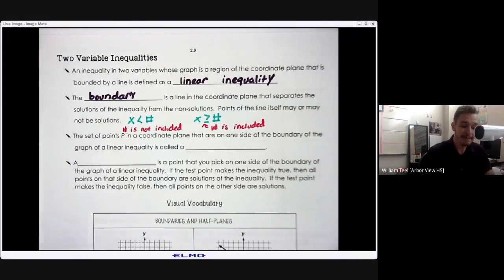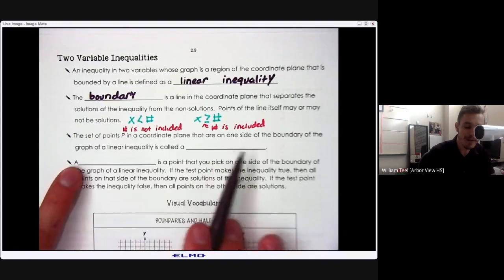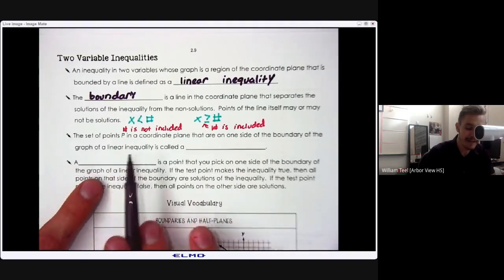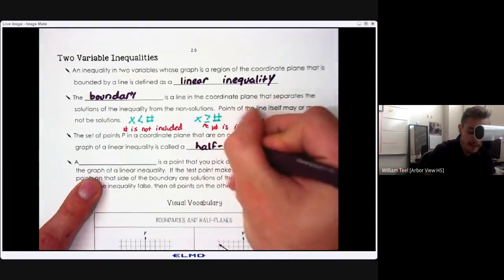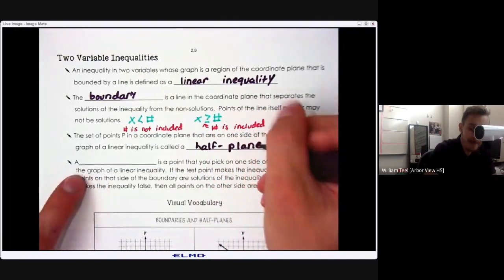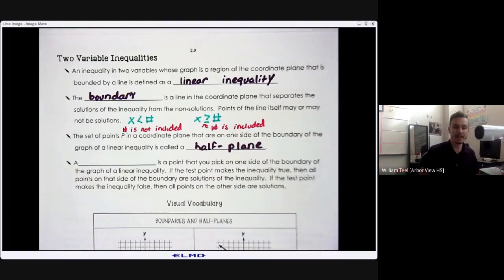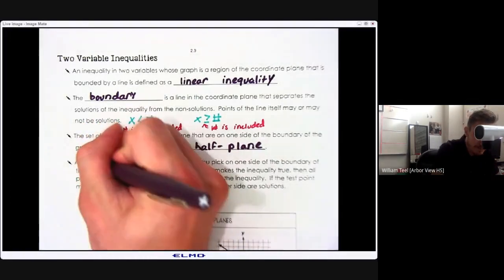Next up, we have the set of points P in a coordinate plane that are on one side of the boundary of the graph of a linear inequality is called a half plane. So the portion of the graph that is above or below the boundary line is going to be called the half plane. Last but not least, a test point